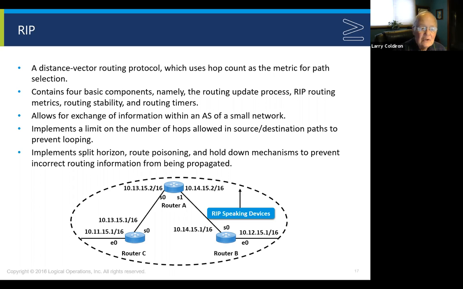What the link state protocols do is build a picture of the entire network, and they calculate what it's going to cost to get from one point to the other. We talked about the metrics that they use. RIP uses a hop count metric. And to kind of demonstrate that, let me